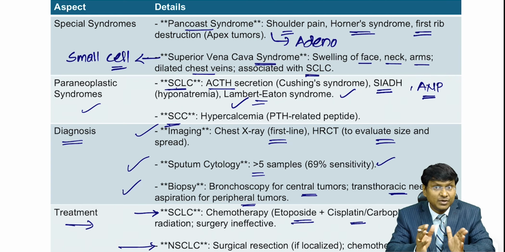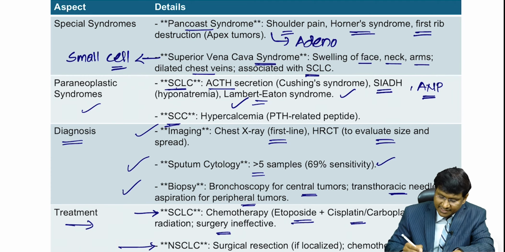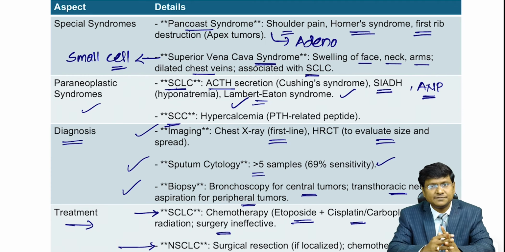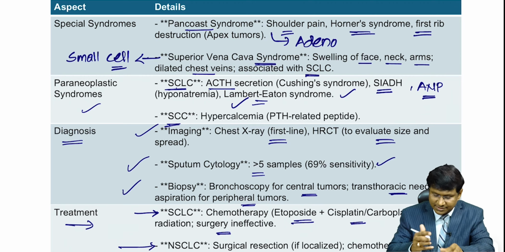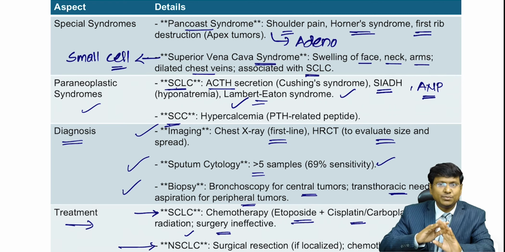And as I have said, because it is a highly aggressive tumor that can spread, surgery is ineffective in cases of small cell lung cancer. Then you take non-small cell lung cancer, where surgical resection has to be done if the tumor is localized. And if the tumor has spread to distant organs, then you need to give chemotherapy, and that chemotherapy includes